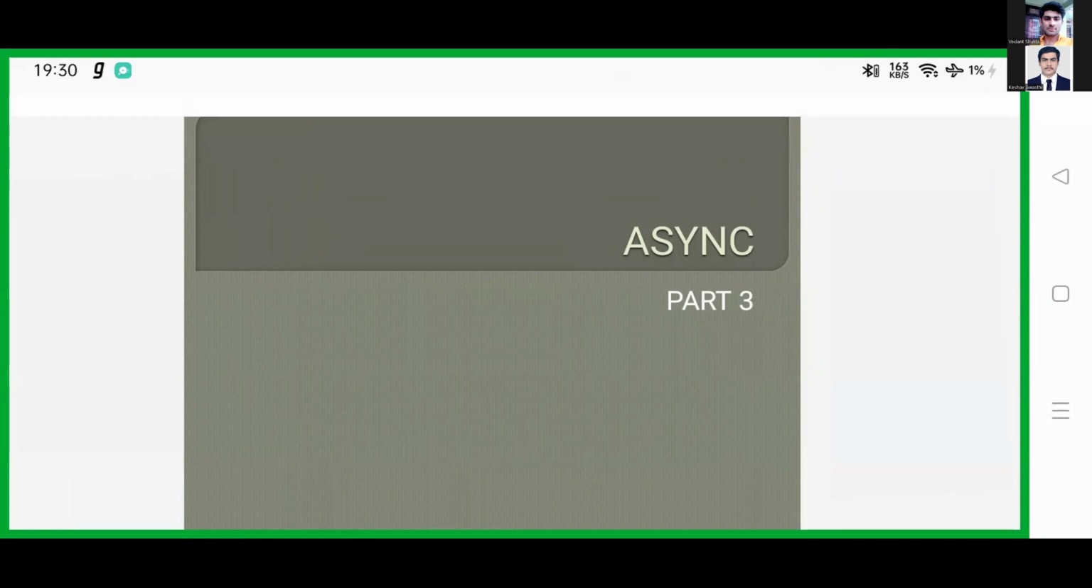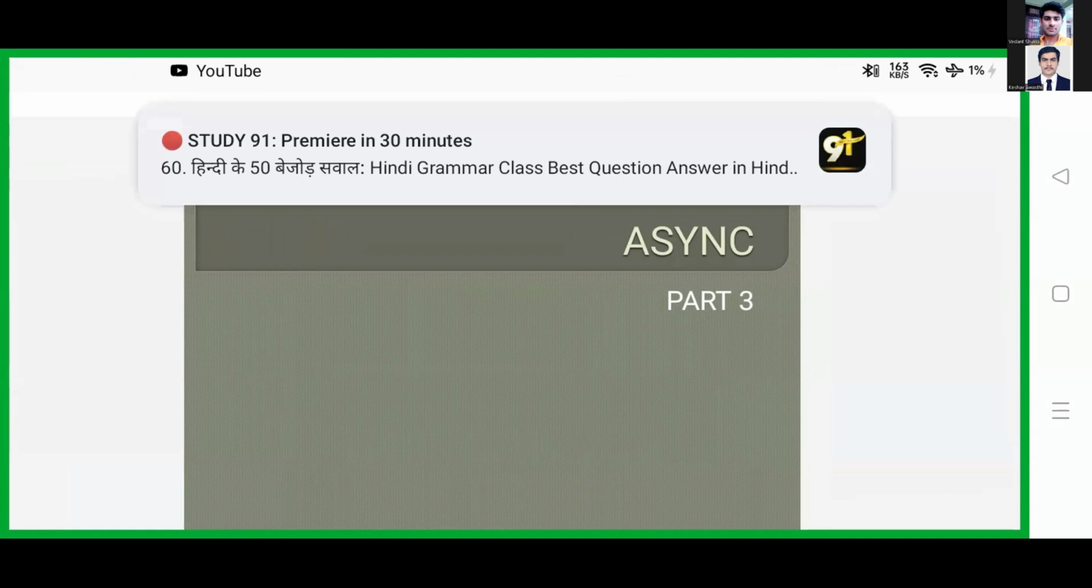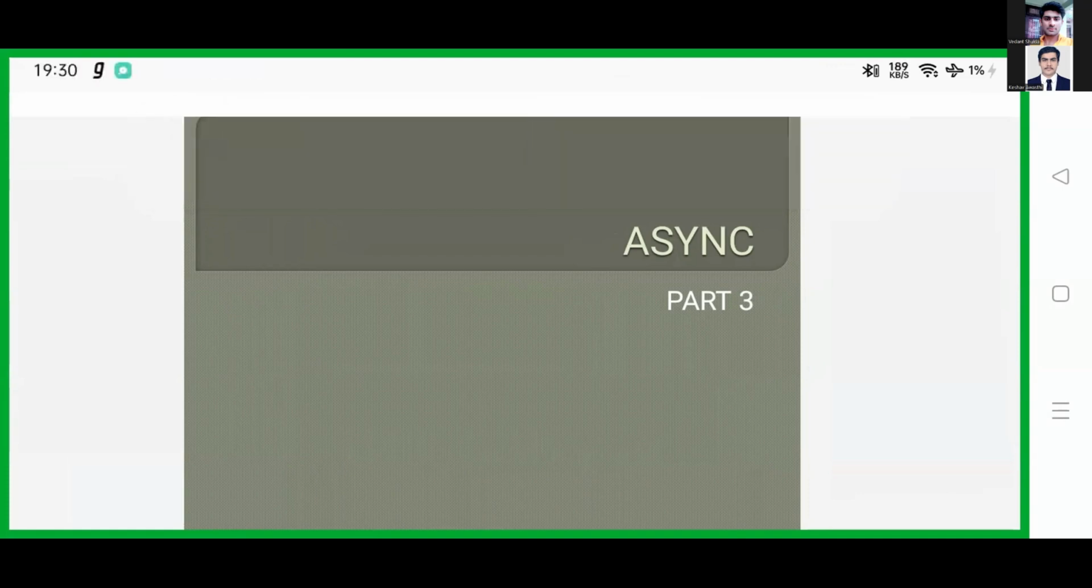In the last session, we discussed some callback functions in JavaScript. I also told you how to use callbacks by using async await. In the next sessions, we will be using async await again and again. But today, we will be starting a new set of concepts,